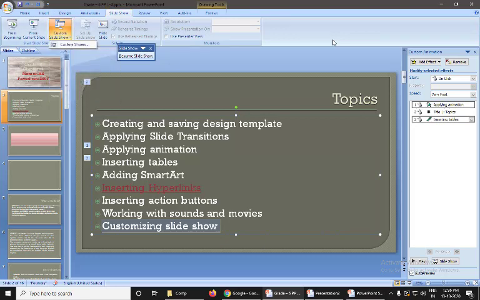See, here different types of slideshows are there. From beginning you can start, otherwise whichever slide you are on, from there you can start the slideshow. Then custom slideshow. See, yes, slideshow, resume slideshow. You will get the button. The slideshow will resume. So if you want, you can start it, or you can start from whichever slide you are on.